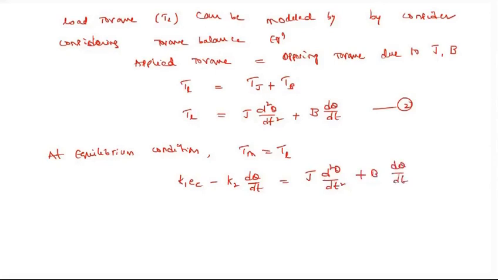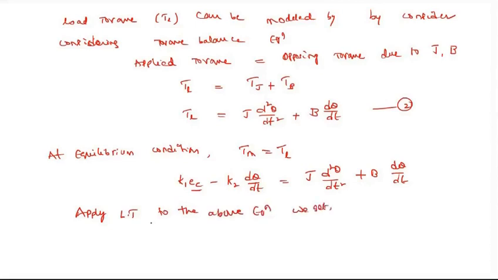So here we have two variables: one is EC, one is theta. There is no need to eliminate other variables. If you go for the field control method or the armature controlled DC servo motor, you need to eliminate the field current, armature current or back EMF, because we require only input and output, and those are intermediate variables. But here there are no intermediate variables. EC is the input, theta is the output. So we only have two variables. We just apply the Laplace transform and simplify, and we will get the answer. That is what we need to do. Now apply the Laplace transform to the above equation.